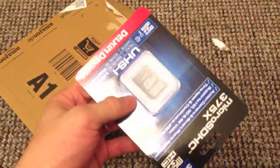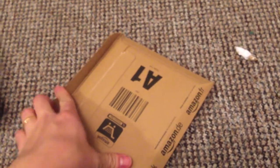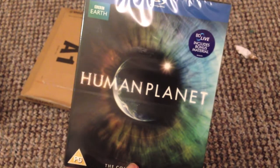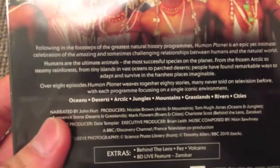Running in through the post today, and it's simply the SD card for the GoPro camera, micro SDHC 375X. Right? There's another thing that came through the other day, but I haven't opened it, and it's the Human Planet, introduced by John. Thanks, John. It's a Blu-ray version, and this is a BBC version, and it's